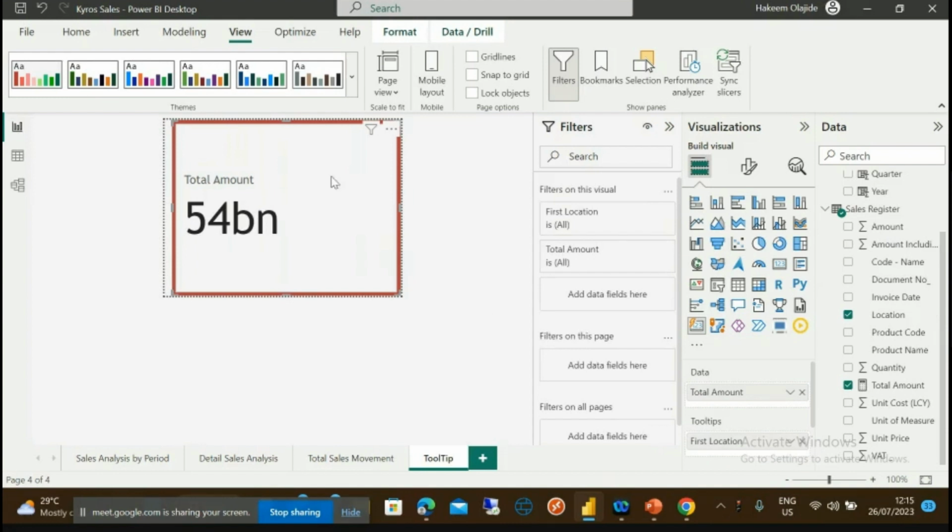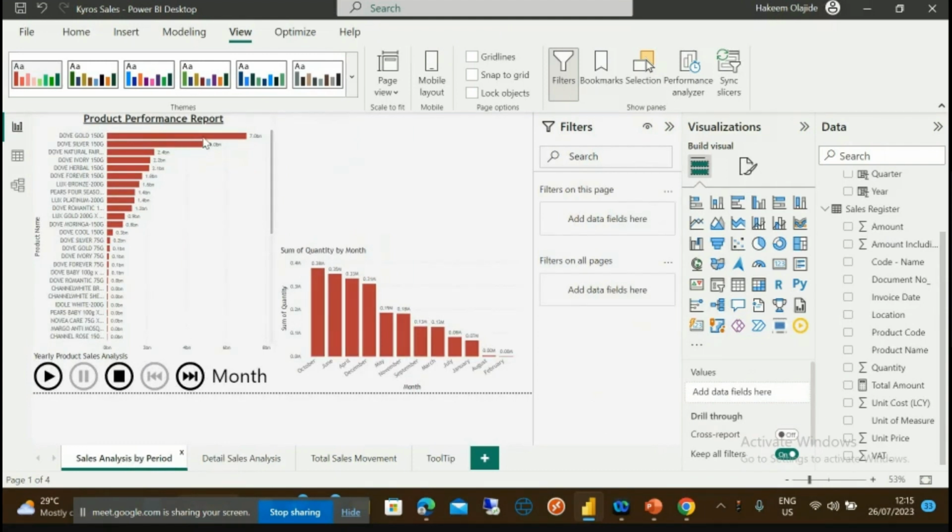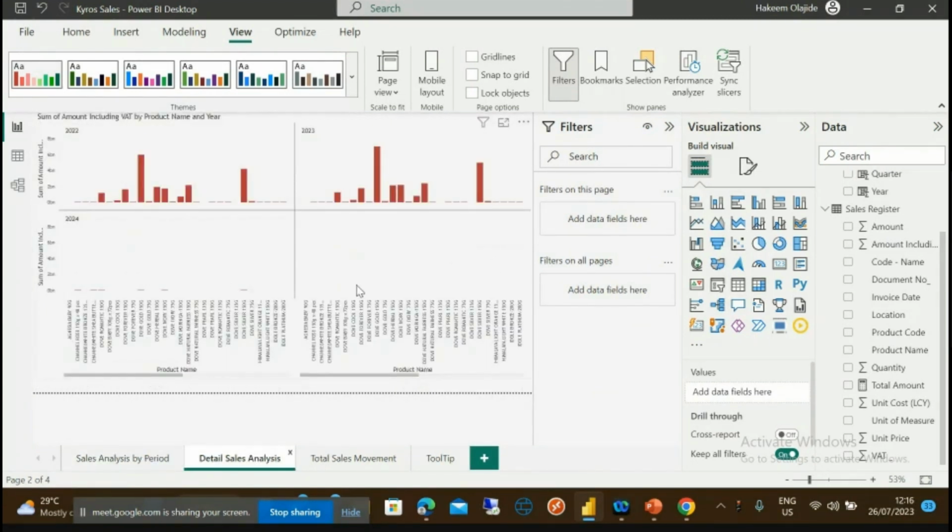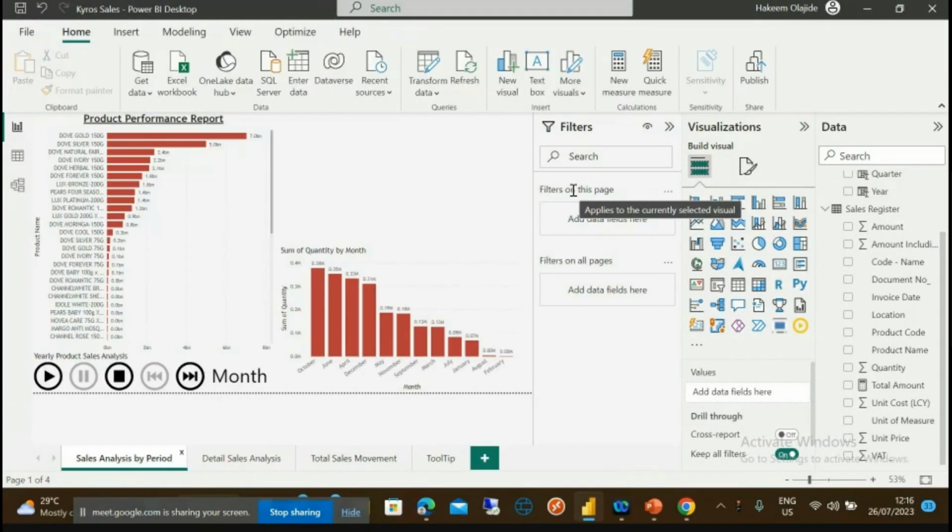Okay, so sum of quantity, and then we have all that with our tooltips. So that's that for the tooltip. Now the last part of this is